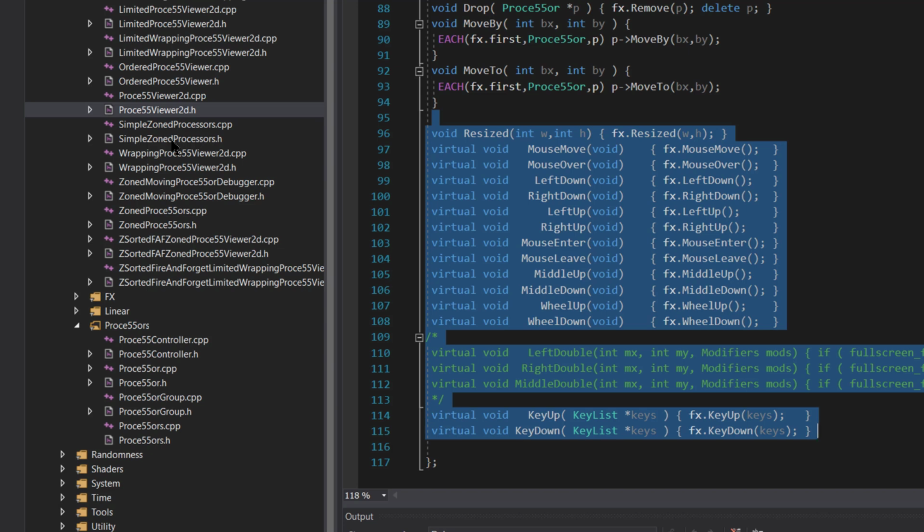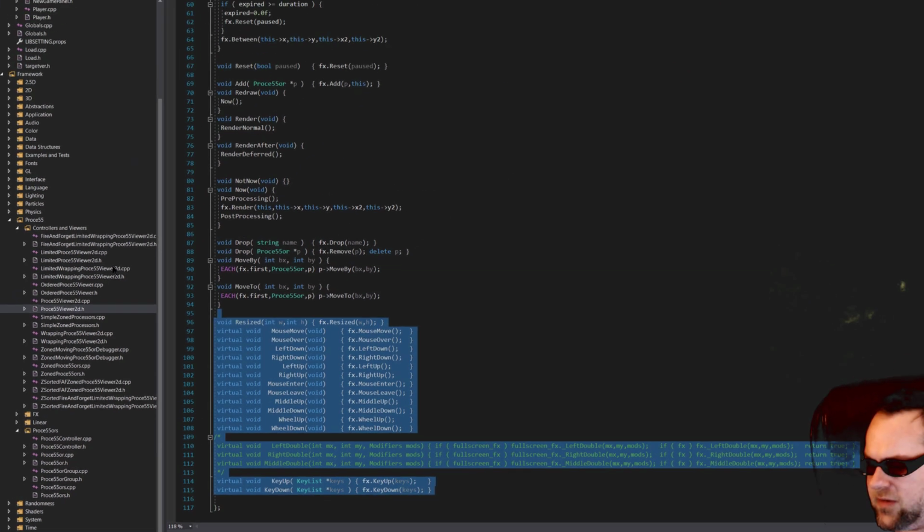There was an idea of limiting. There was an idea of wrapping. And so all of these implement those features, and I'll go through them briefly. Fire and Forget Limited Wrapping Process Viewer 2D, which is a very advanced evolution of the process viewer, will allow